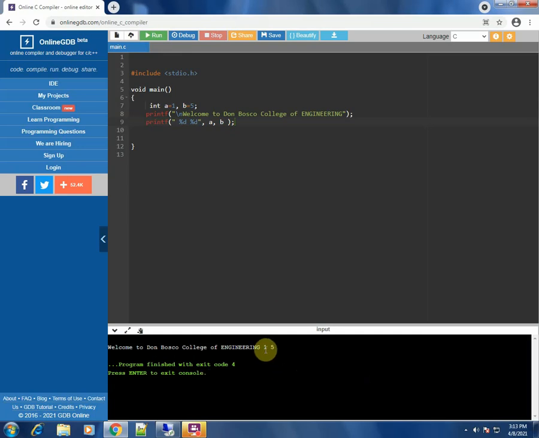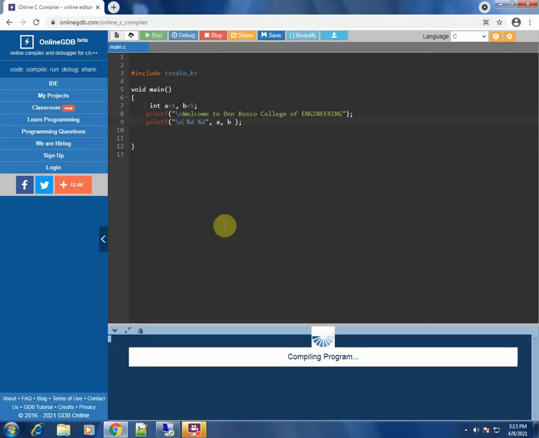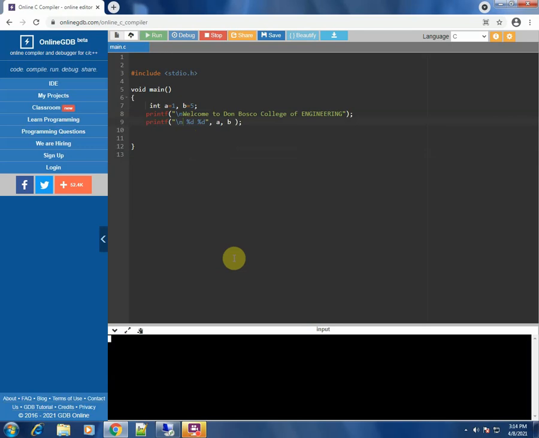Can you see this 1 and 5 printed at the bottom? Everything has come on one line. If you don't want it on one line, what you have to do is put a \n in this printf statement. This will introduce a new line character. The moment you put \n and run again, those numbers will be on a new line. Can you see them? They are now printed on a new line.